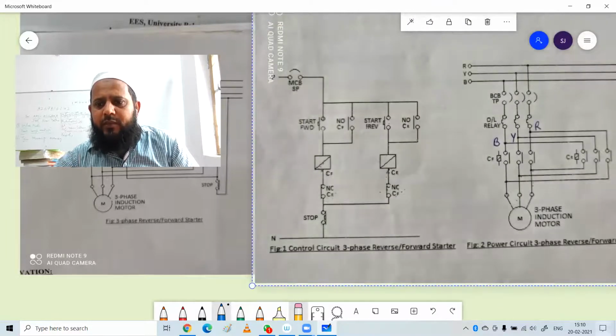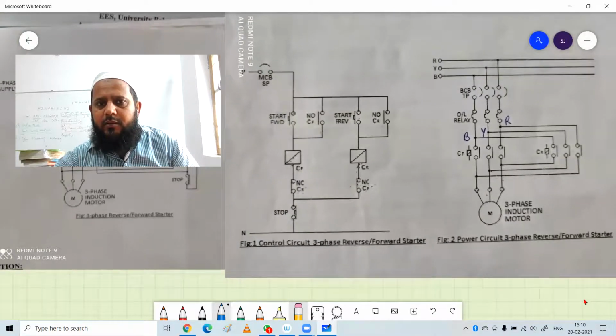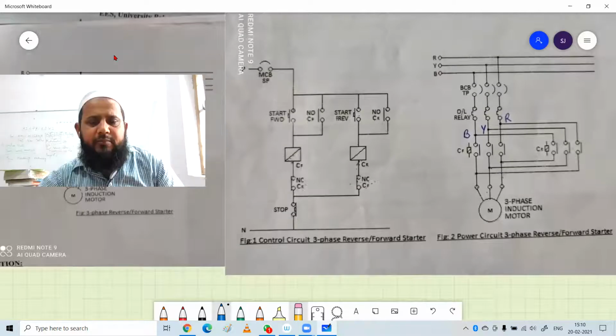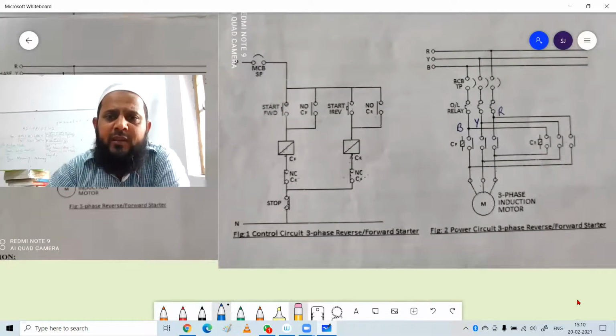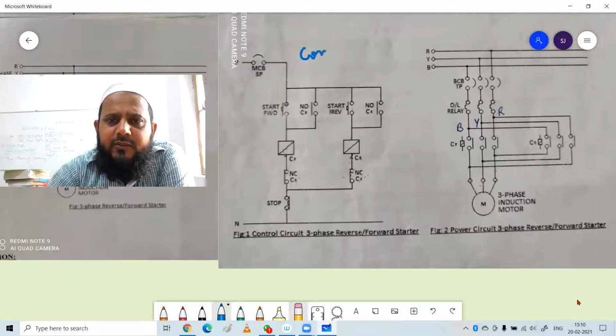Now you see, this is the circuit diagram for three-phase induction motor. This part is basically control logic. It is control logic,